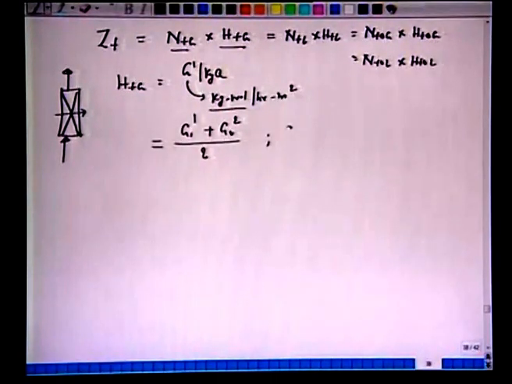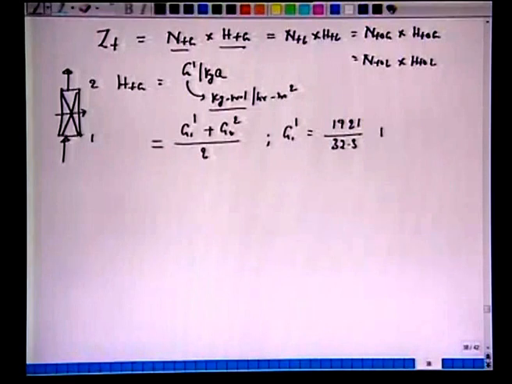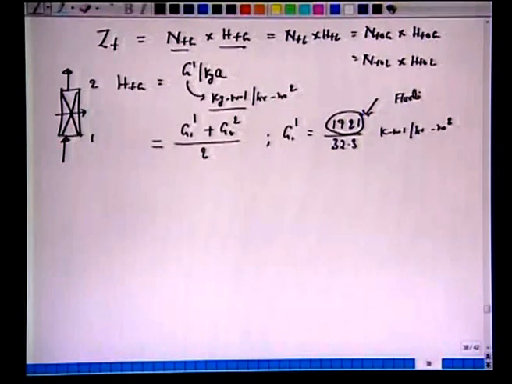So, we know G1 prime, this is 1, this is 2, this quantity we have calculated earlier, 1921 divided by the molecular weight to give us kilomole per hour per meter square. All right. So, this is what we calculated for G prime from flooding conditions. This was the 70% of the flooding limit, from where we got 1921 kg. So, we divide by the molecular weight to make it kilomole per hour per meter square, and G2 prime is nothing but GS over 1 minus Y2.